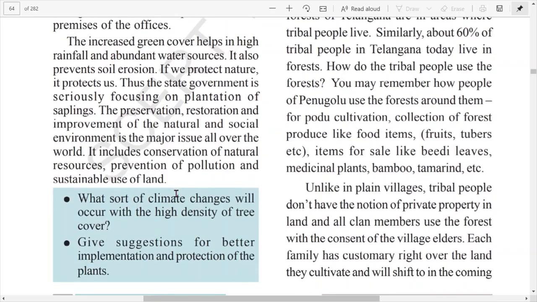And these plants also have huge benefits: we can have heavy rainfall, abundant water sources, and trees also prevent soil erosion and protect nature. So the government is focusing on plantation of saplings, and the key points are preservation, restoration, and improvement